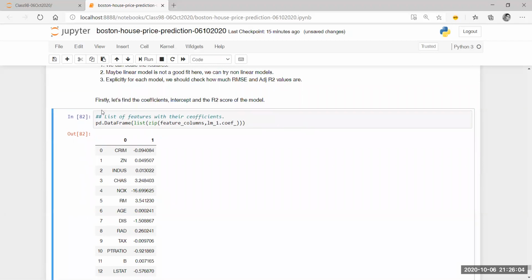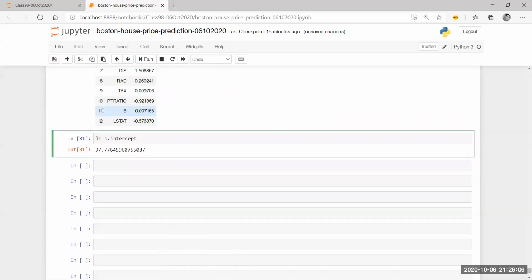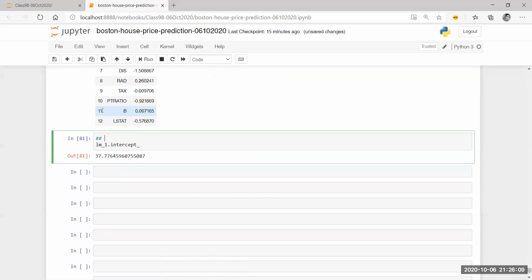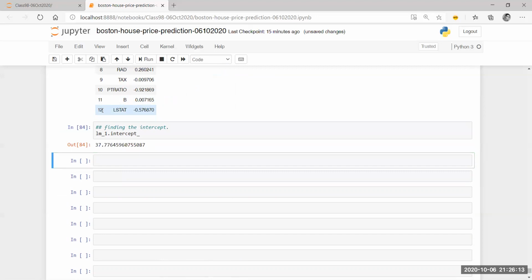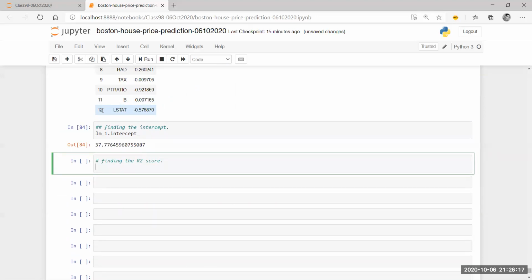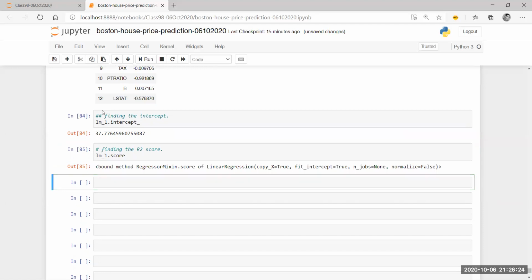Okay, so we have found the intercept. Let me just comment this over here, the intercept, and now we are going to find the R square score. So how do we do that? lm_1 dot score, right? We just have to find this.